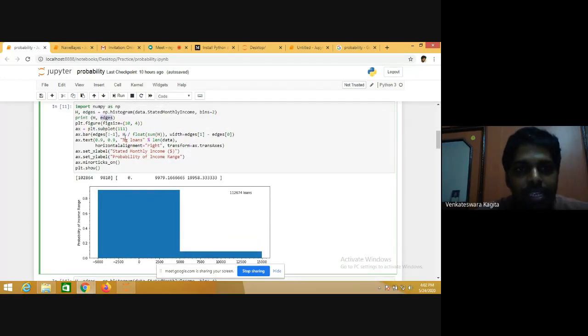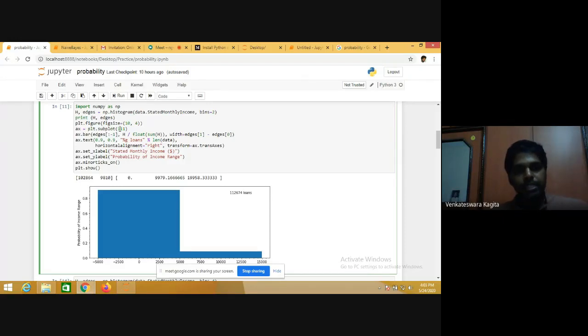In that figure, you want to plot a subplot, that is 1 1 1, where the first 1 is the number of rows, another one is the number of columns, and the last one gives the position, because we would like to plot only one subfigure in this, that is only the histogram. So the number of rows in this figure is 1, the number of columns is 1, therefore obviously the position is 1.